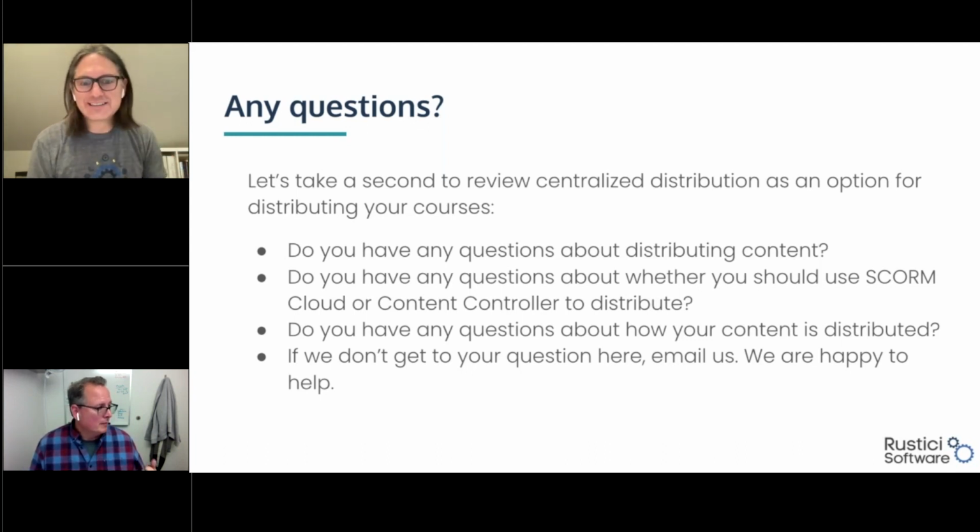We have another great question. Are registration numbers in the cloud account based only on when the enrollment is made, or is it counted by open enrollments each month? So we can talk about this in two different ways here. As far as invitations are concerned, there are two types of invitations in SCORM Cloud, a private invitation and a public invitation. A private invitation, you are explicitly inviting someone to take a piece of content. And in that case, you are dinged a registration immediately because you are saying, Andy Whitaker is taking this workplace harassment course. He is going to do it. We're going to go ahead and charge you for it.